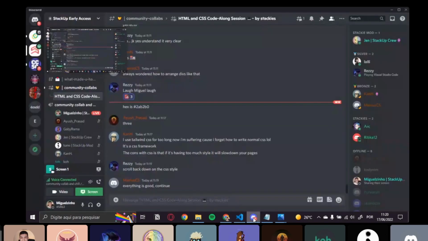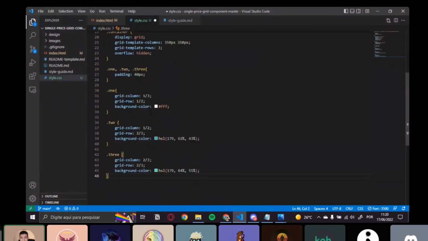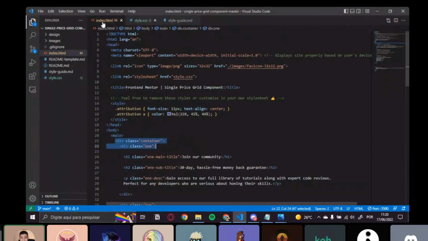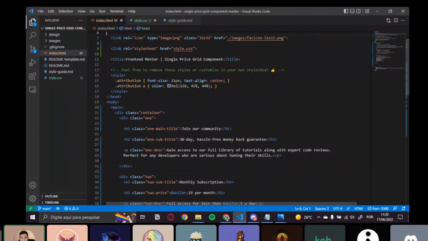Okay, so to style the text, I will follow the same order that we defined them: first the headings and then the paragraphs. Okay, so the first heading, the H1, is this,